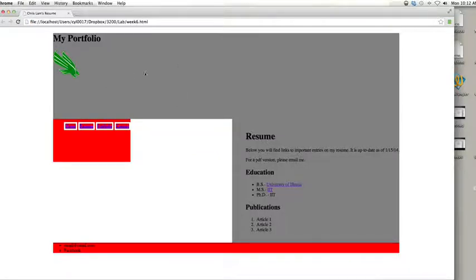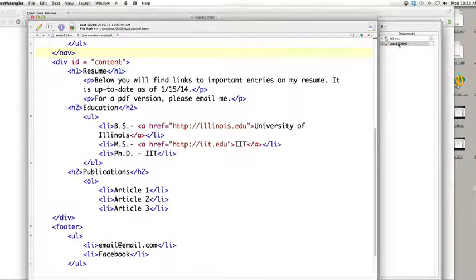Okay. So there's a bunch of different positionings. For me, I think the easiest thing to manage is using floats for columns. People like to use a combination of relative and absolute positioning for columns. I think floating is easier to manage. And one thing I will show you is using